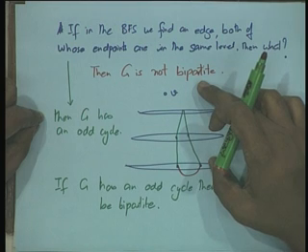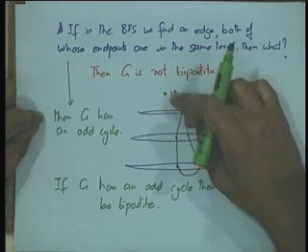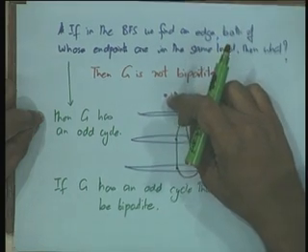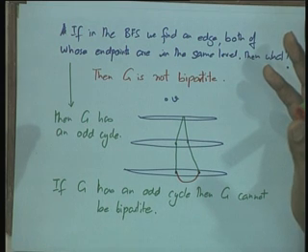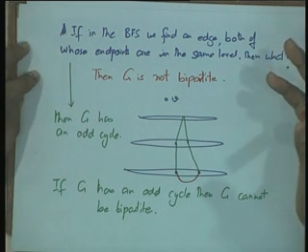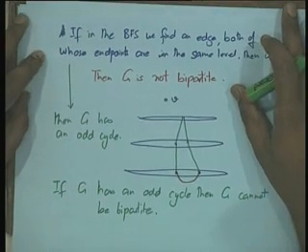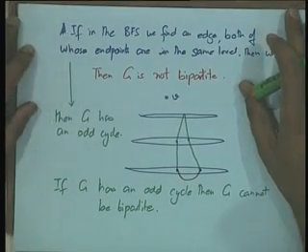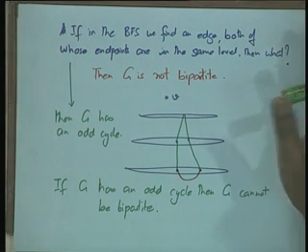This is not a proof by example, because the predecessors will at some point be common. If they are not common here, then eventually they will be common here. So the cycle that is formed, its length will be odd. Everyone follows this? Okay. So in this manner you can use breadth first search to check if the graph is bipartite or not, which is equivalent to checking if the graph has an odd cycle or not.